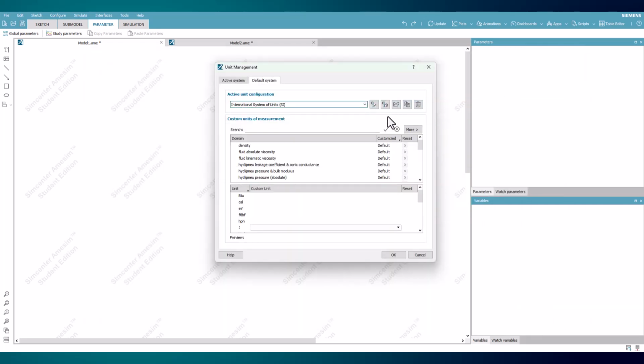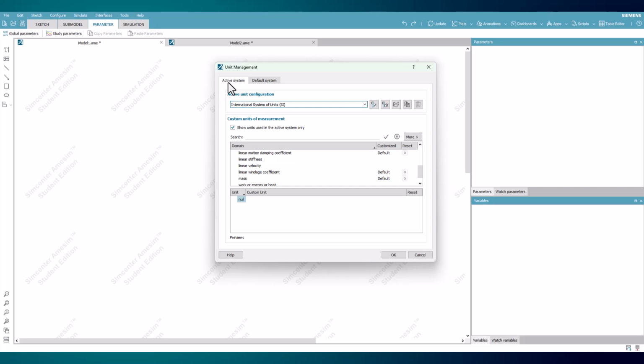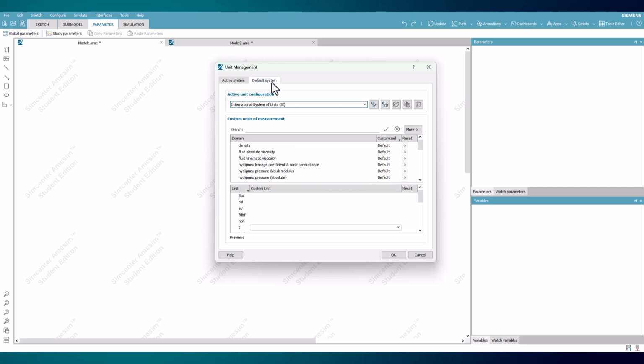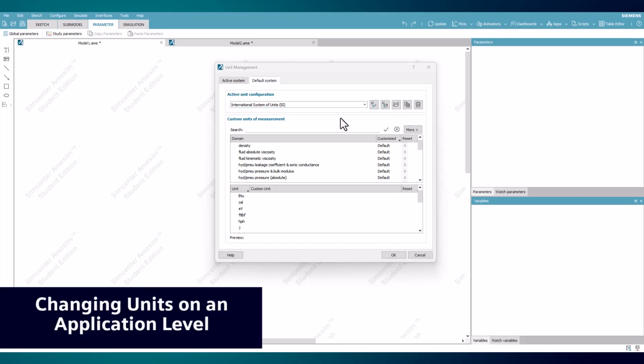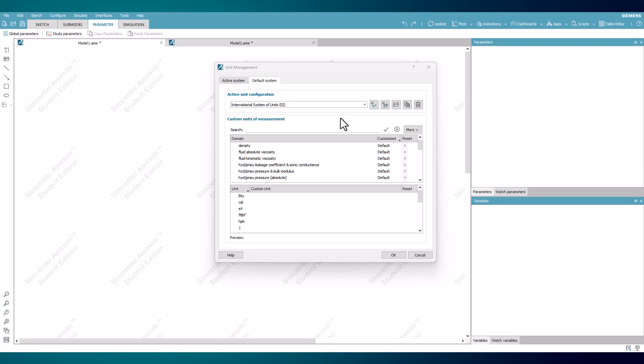Additional options include renaming configurations, copying them, and deleting them. The two options are available at the top of the menu, being for an active system and a default system. Beginning in the default system, this menu will be available even if there are no models open. This feature will modify these unit files within AimSim, changing default parameters for any component placed that uses them, being particularly helpful if a user is always working in units that deviate from the available unit files.